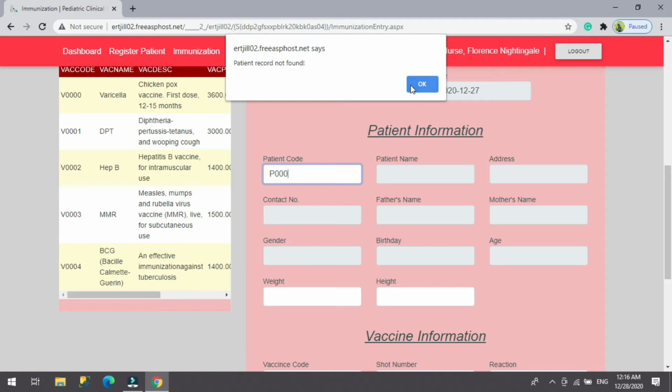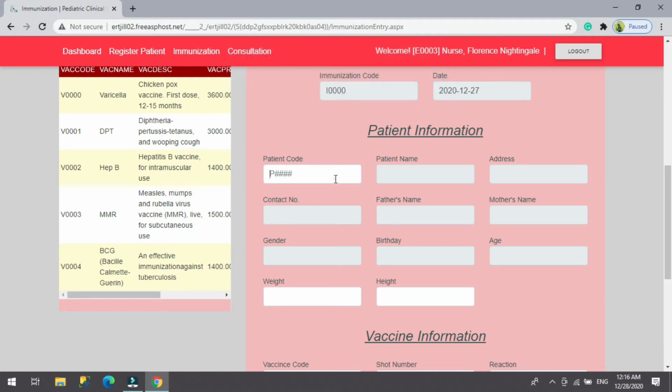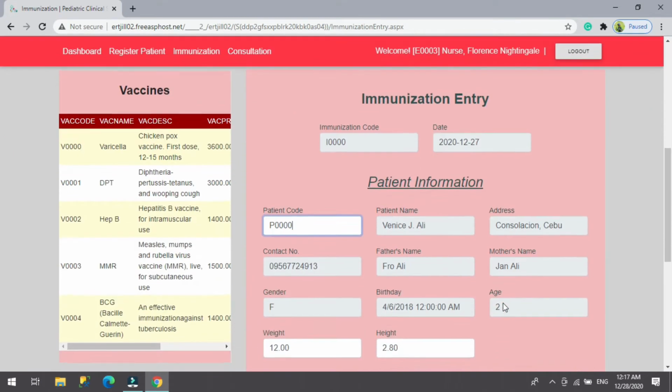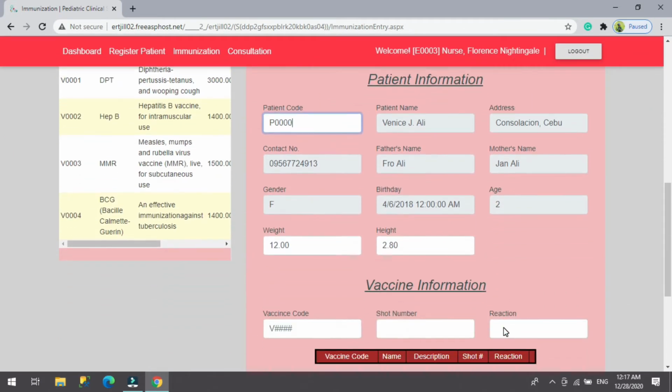So as you can see, patient 000 is not found in the record because that code does not exist in our database. So if we try to encode a patient code P000, it will give us the patient name Vinil's Ali because it's the first registered patient that we've just encoded